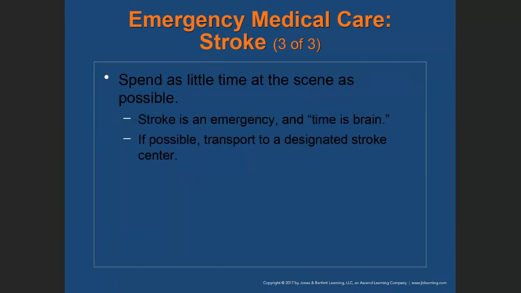All right, spend as little time as necessary. Spend as little time at the scene as possible. Stroke is an emergency. I think I've overemphasized that. Time is brain. Time is brain. If possible, transport to a designated stroke center or a hospital that has the capabilities to deal with a stroke